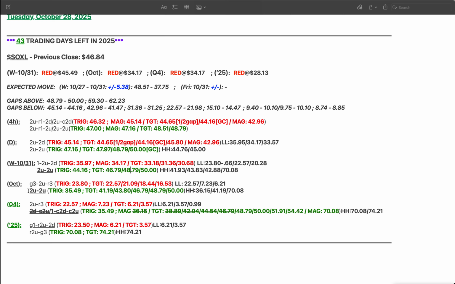But from the month perspective, again, we're 2 up, very, very much in force above that 35.49 level. And again, we've reached the first 3 targets. Now looking for the last 2, and again, we can kind of look at the quarter here for the other month targets, just because we've kind of done them in smaller increments,